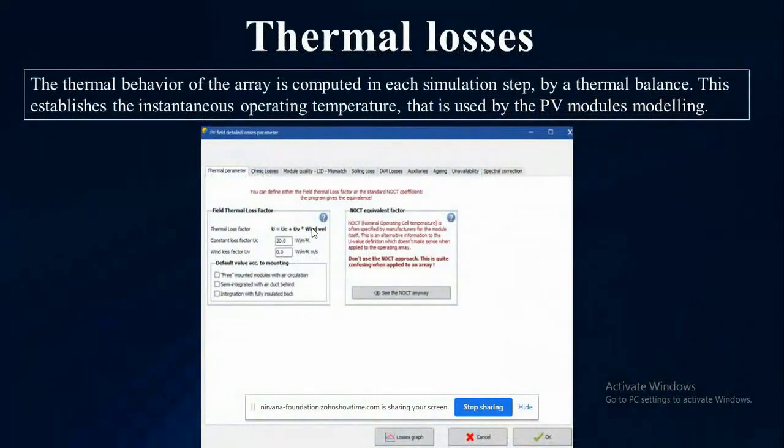Then first let us check the thermal losses. So it gives the thermal behavior. Definitely there will be thermal losses in the system, because it has to maintain the thermal balance.